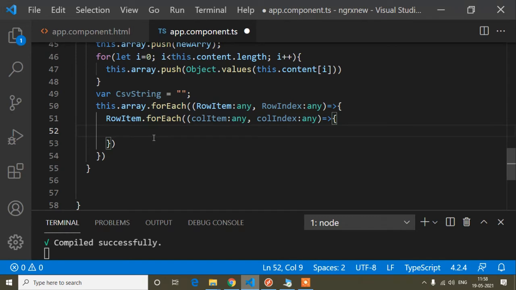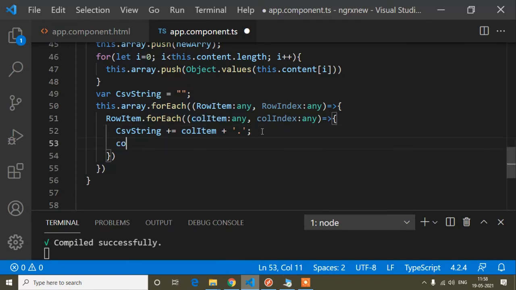Now here, inside csvString, plus equals to this columnItem plus a comma. That means this column item now will be printed one by one.